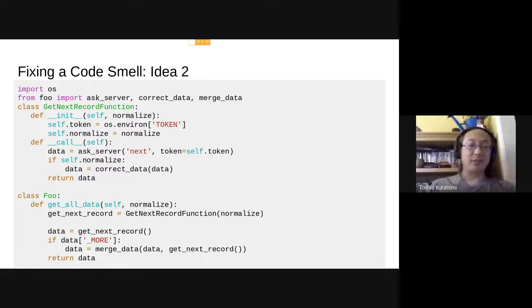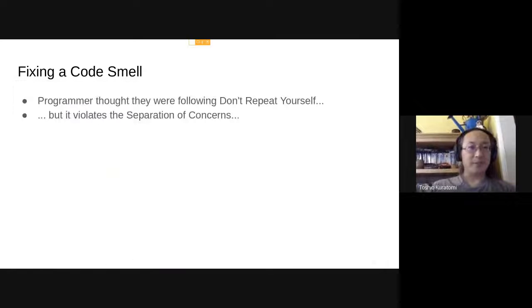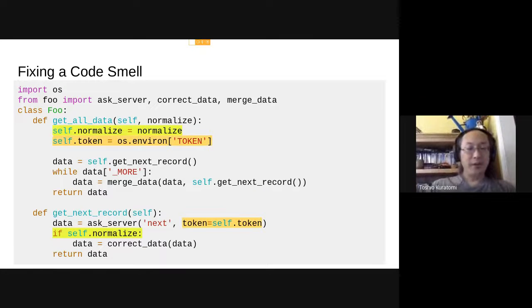I'm going to set self.token equal to os.environ token, and self.normalize to the normalize that was passed in. This is state for the function. And then I'll implement __call__. If you look at it, it is exactly the same body as we had before up here with getNextRecord. It's just moved into